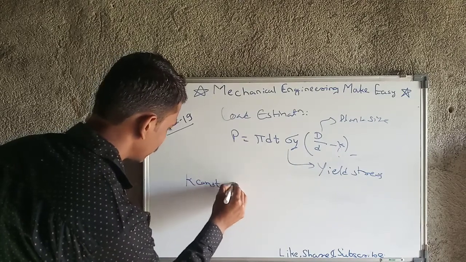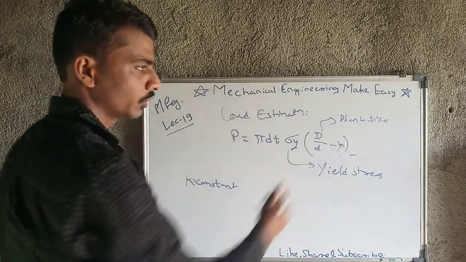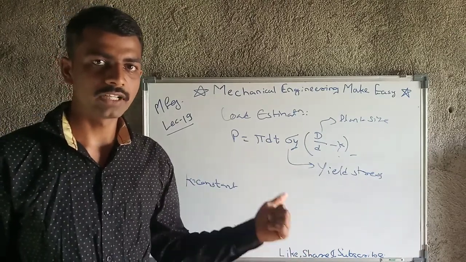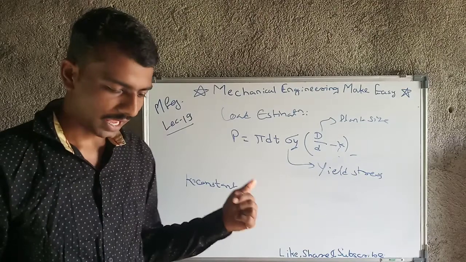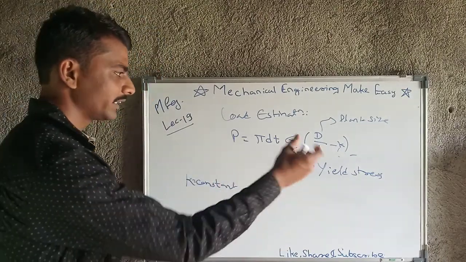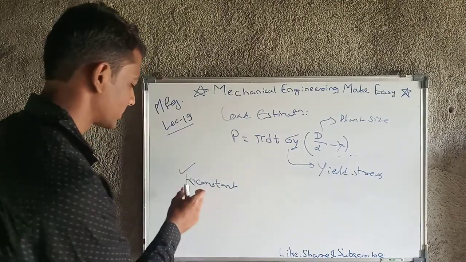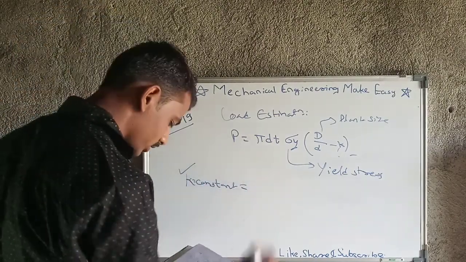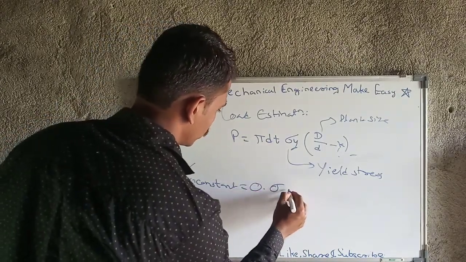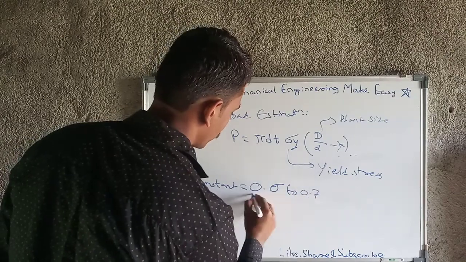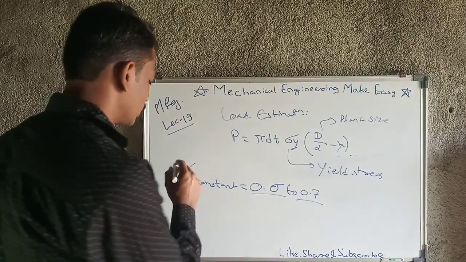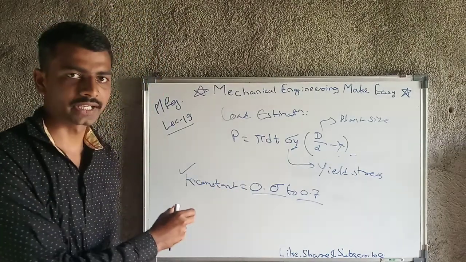Okay, what is the K? K is a constant. And why did that K come into the picture? Because in case of deep drawing there will be friction, there will be corner bending, and there will be bending also. So for tackling that kind of issues, one factor came, that is nothing but K, which is a constant, and which has a value from 0.6 to 0.7. That K value will vary from 0.6 to 0.7. So you should know what K is and why we have taken the factor K.